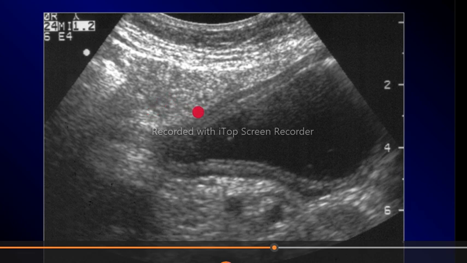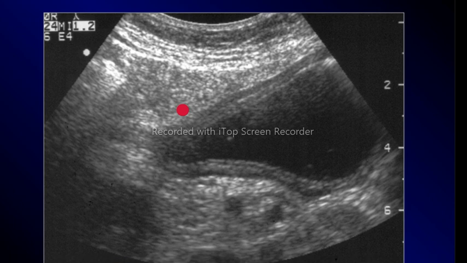The other question I'm asked frequently is, can ultrasound be used to assess duodenal ulcers? The answer is no, you cannot. What you can assess are complications, things like a perforation, in which case you're looking for two things. You're looking for either a pneumoperitoneum, which is a free collection of gas within the peritoneum, or you're looking for a free fluid collection within